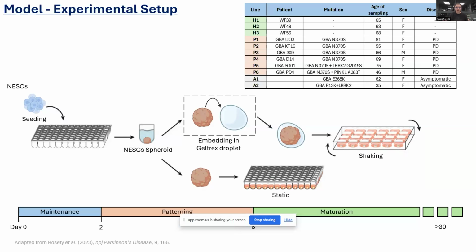So as a quick reminder, we start midbrain organoid generation from NESCs, that are neuronal stem cells. And we have 2 different approaches for imaging. We embed them in gel tracks to create a kind of matrix around the organoid and let them create projections in this matrix, so we can observe better the morphology of the neurons. And for other kinds of analysis, such as qPCR and Western blot, we will use non-embedded organoids that are remaining static in the plate.